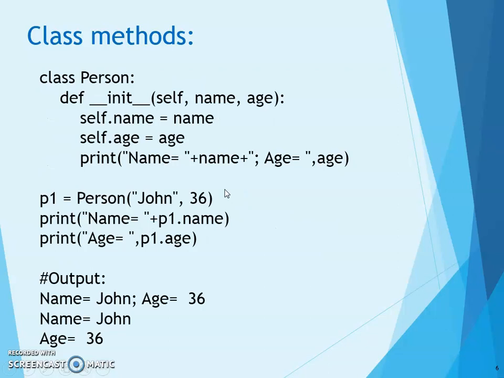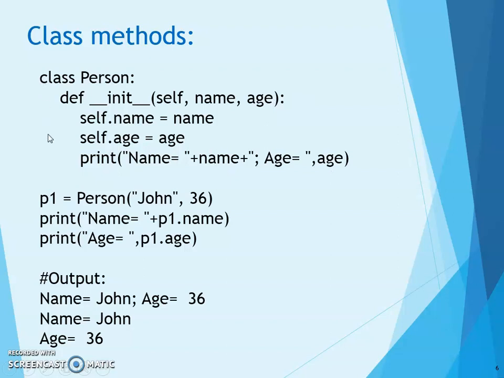So you will see the example of an init method. This is our class definition. Here we are writing a class, Person, and we want to initialize some values. What have we written? We have written self as our first argument. This init is accepting two more arguments, that is name and age. Once these are accepted, we are initializing self.name as name and self.age as age. And we want to print the values of variable name and variable age.